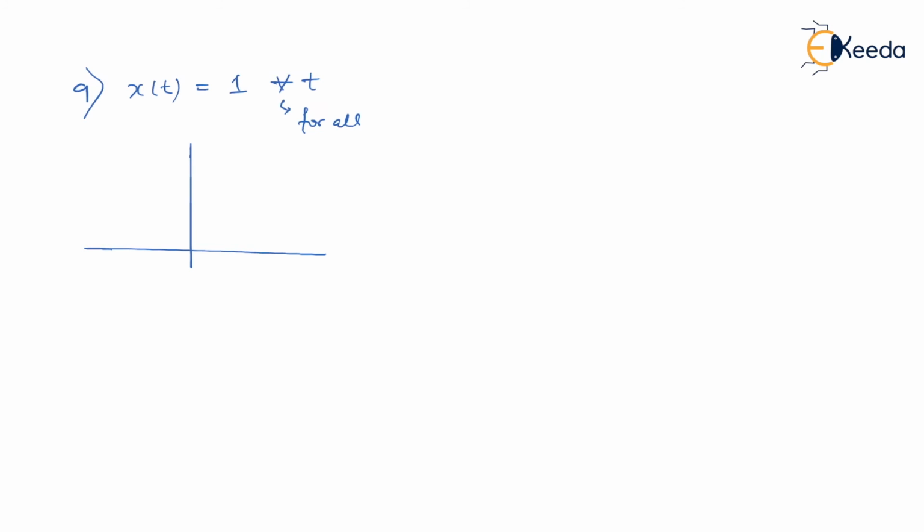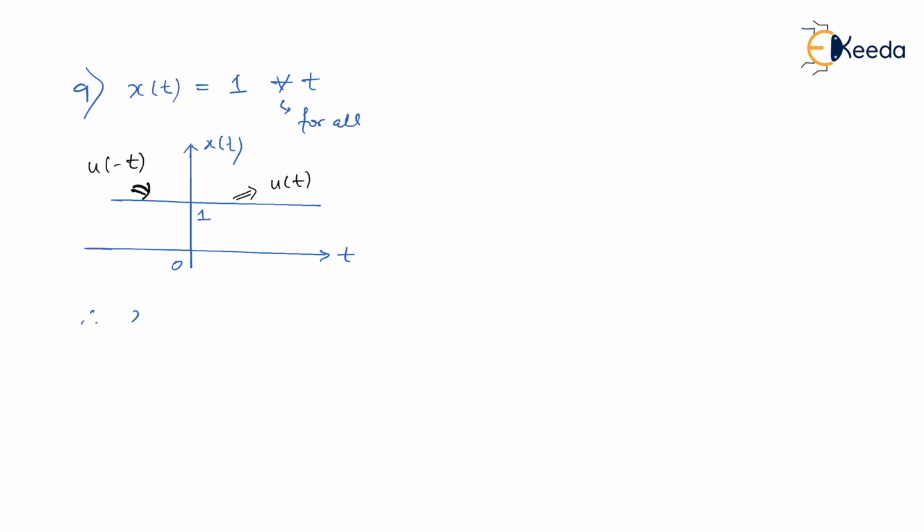What I'm actually trying to do is plot my x of t the way it has been described. Since it is 1 for all time, I need to get some expression of x of t in terms of a standard signal. You can notice this. This part is your u of t, and this part is your inverted time version of u of t, that is u of minus t. What does that mean? I can say that 1 for all time is the summation of u of t and u of minus t together.